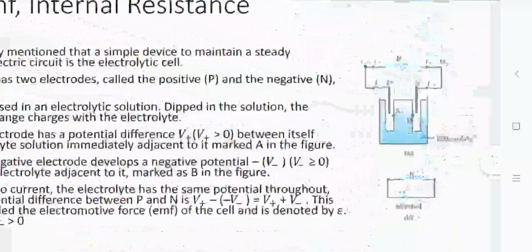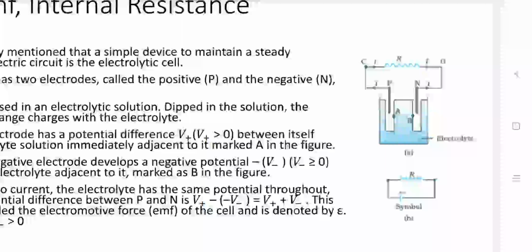So what will happen? A current flows across the R from C to D, from the positive terminal P to the negative terminal N. But in the electrolyte, where P is, it defines the negative polarity, and where the N terminal is, the electrolyte has a positive polarity. So within that electrolyte, current transmission is from N to P, but in my external circuitry, my current is flowing from P to N.